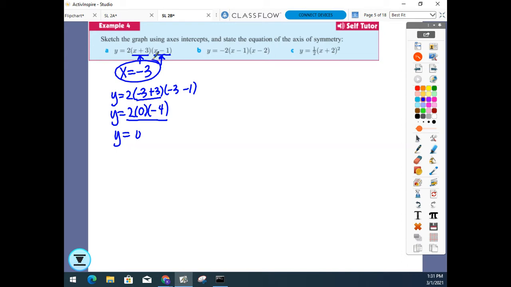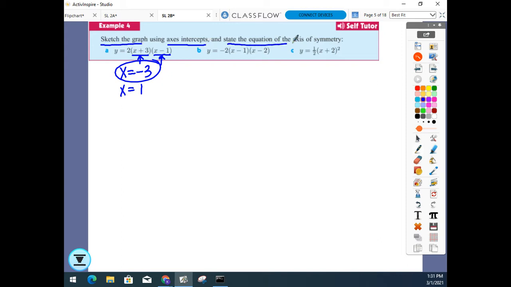All right. I'm going to erase this because we actually need the room to do the sketch. So my other intercept is 1. All right, so it says using the axes intercept and sketch the graph and state the axis of symmetry. All right, so let me just sketch this part here first, because then I think from there it gets a little easier. These are the x-intercepts, +1,